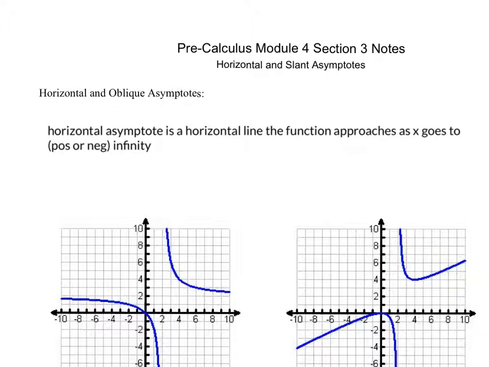So it's got a very similar definition to a vertical asymptote, except instead of a vertical line, it's a horizontal line. An oblique asymptote, sometimes referred to as a slant asymptote,